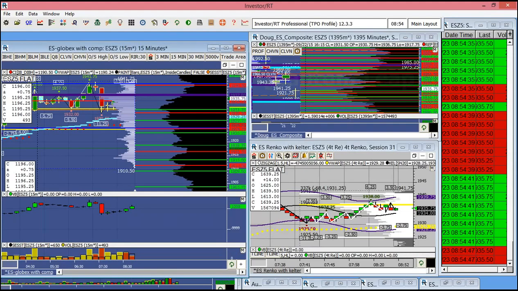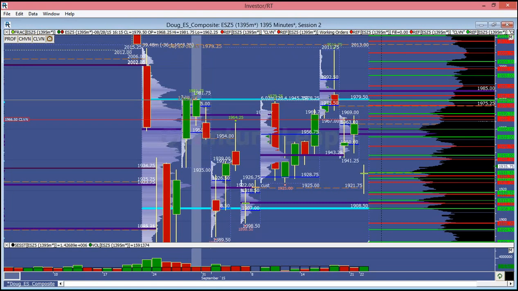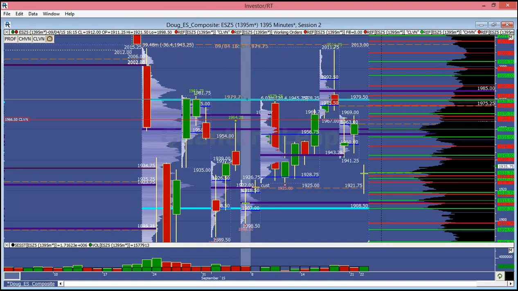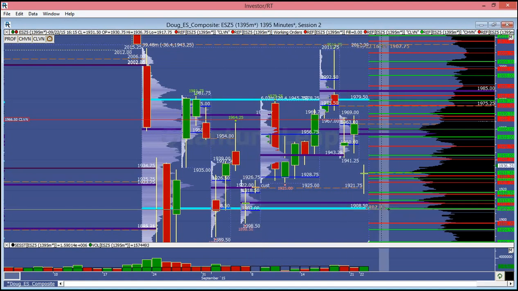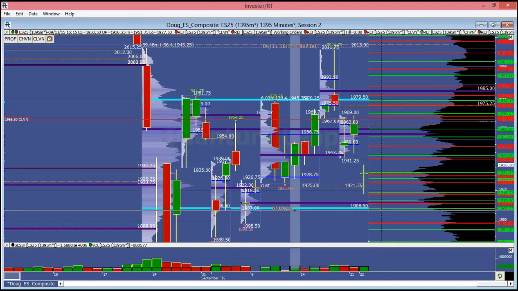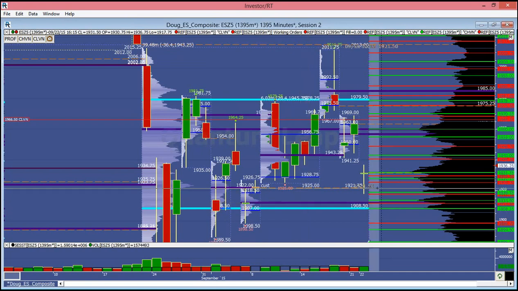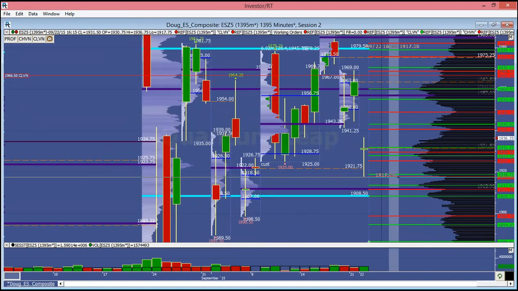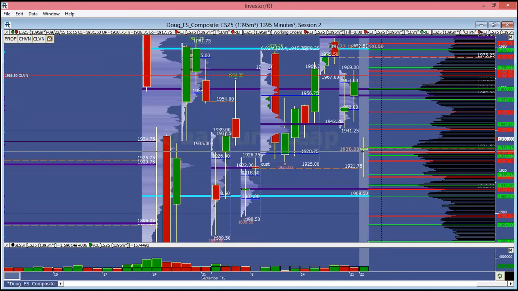All right, so taking a look at the structure, you can see that we're still inside of this overall microcomposite value area with the high up here at 1979.50 and the low down here at 1908. Our big destination target below is this 1912 area. We didn't hit it yesterday. We bounced off of the LVN right here at 1917.50 and rotated back into the close,